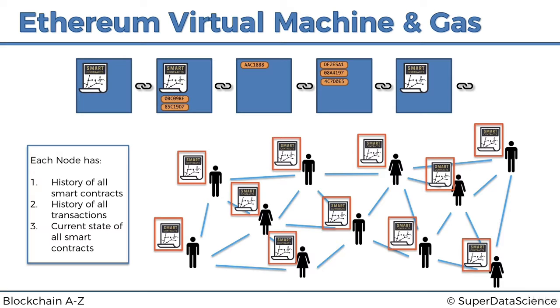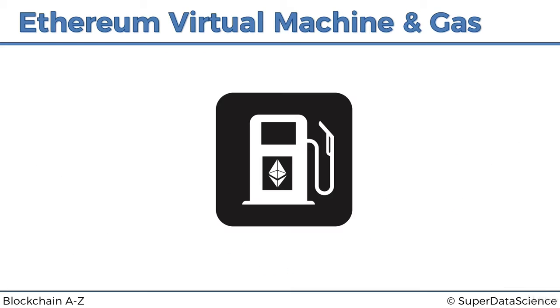And now we're going to talk about the second issue of infinite loops or heavy calculations. How do they solve that? That's a tough one to solve. Well, that's where the concept of gas comes in. It's a really cool concept. In my view, it's an ingenious solution, and the solution is for any computation that's run on the blockchain, the developers of the smart contract need to pay.